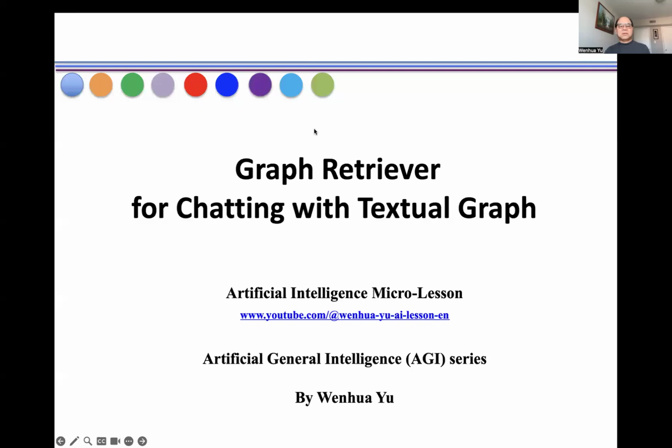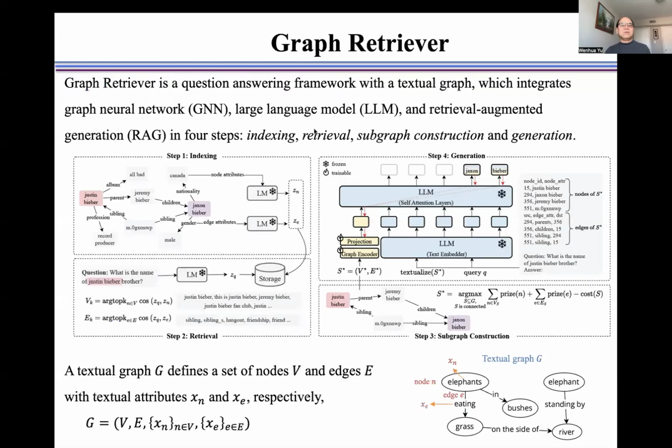In this video, I introduce G-Retriever for chatting with a textual graph. G-Retriever is a question answering framework with a textual graph, which integrates a graph neural network, large language model, and retrieval augmented generation in 4 steps, namely indexing, retrieval, subgraph construction, and generation. A textual graph G defines a set of nodes V and edges E as shown here,